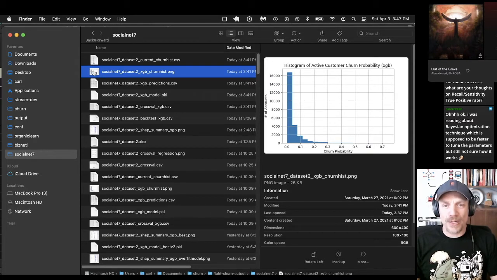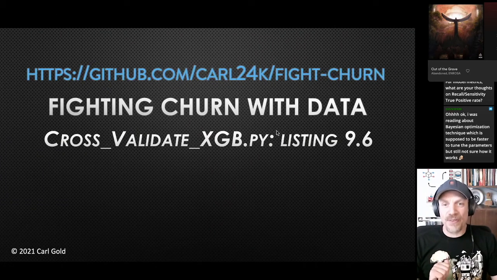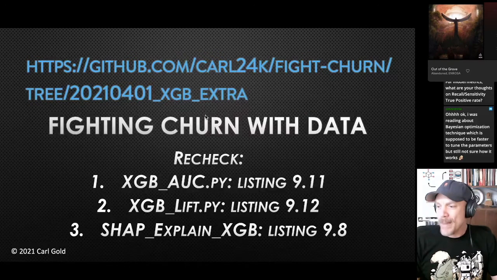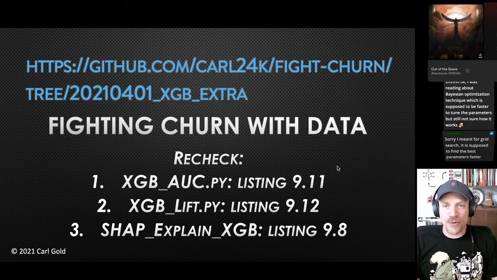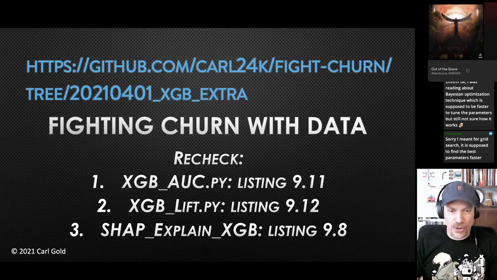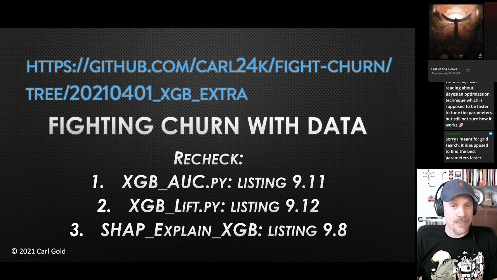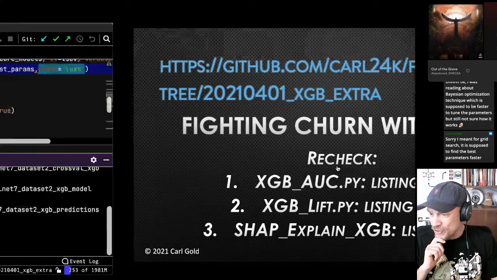So let's see. Now what are we going to do? We're going to go back, now that we've also resaved the model, and recheck some of these other things that we were doing earlier. So let's look again at the AUC on our new model that I saved. Oh, I see. So Bayesian is supposed to do the grid search faster. Okay, maybe it's a smarter grid search where it uses information to pick rather than just blindly trying every possible combination. Now that makes sense. Maybe I can do a new stream on those sometime. So let's rerun, let's see, the 9, 11, and 12.